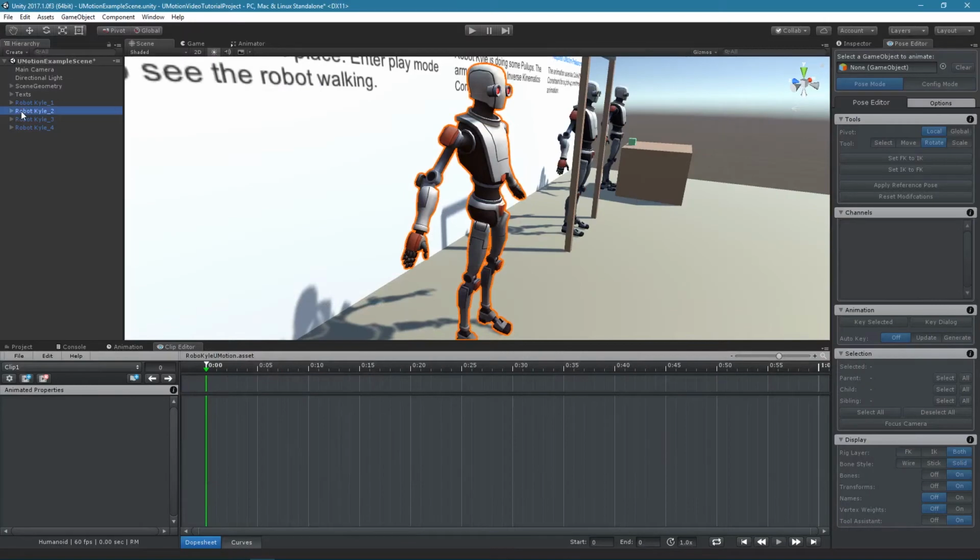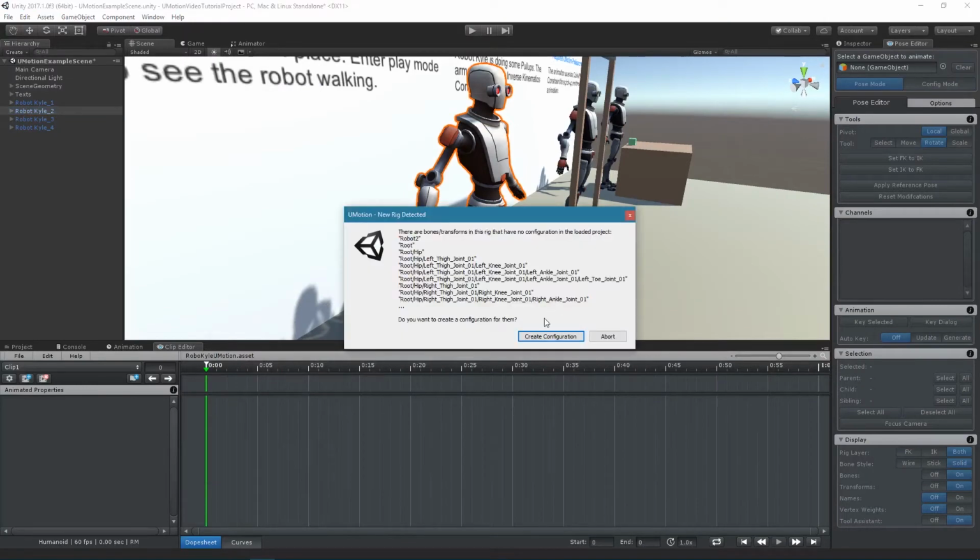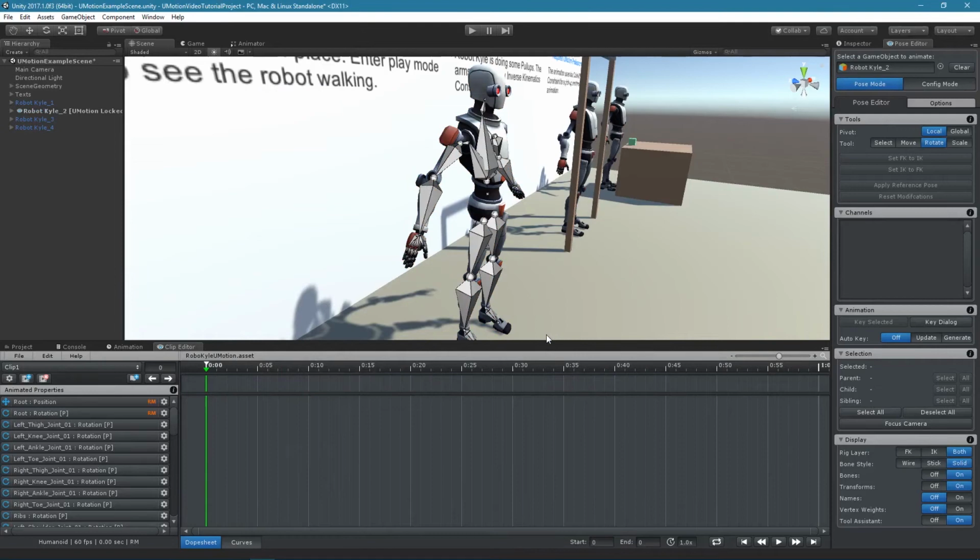When assigning a game object to the pose editor for the first time, UMotion automatically creates a configuration for every joint and transform of that game object. UMotion configures this rig in such a way that it is best suitable for the user in the most common situations. It will also make joints and transforms invisible that are usually not relevant for animating. So if you are missing a joint or transform in the pose mode, you will have to make it visible manually. More about that later.